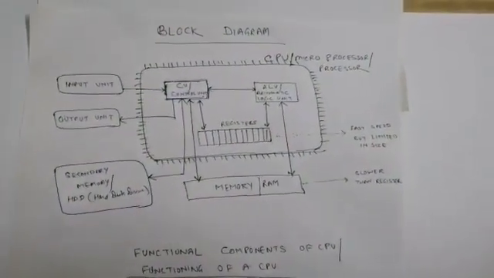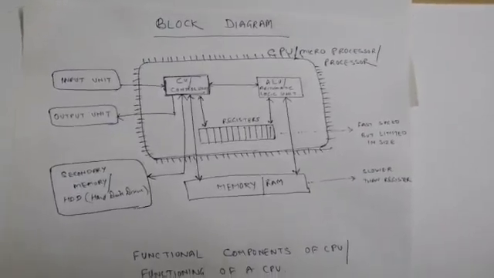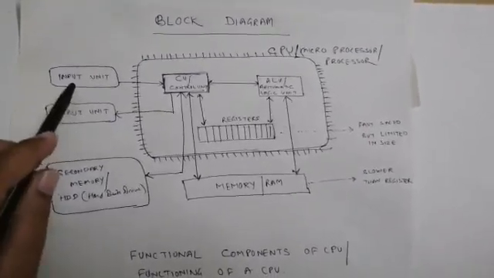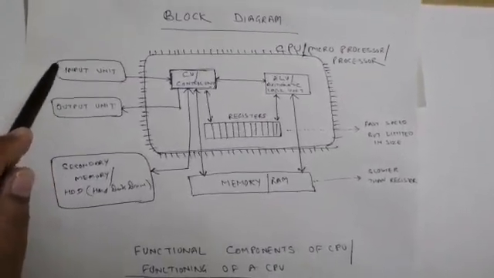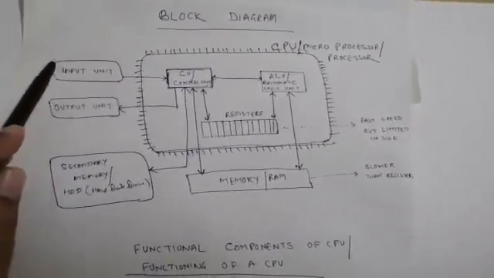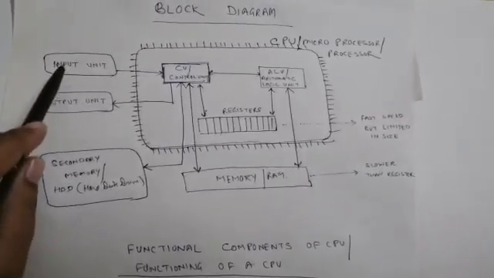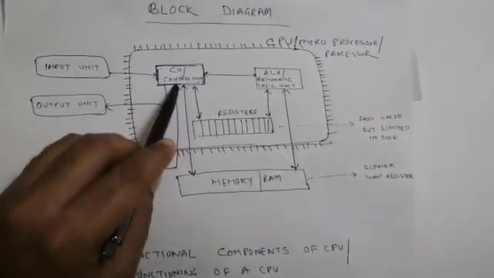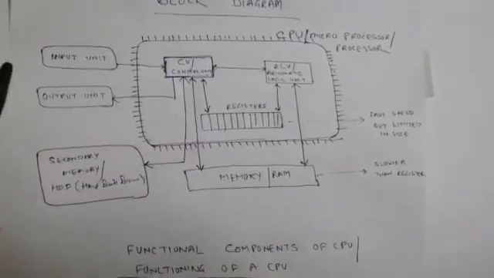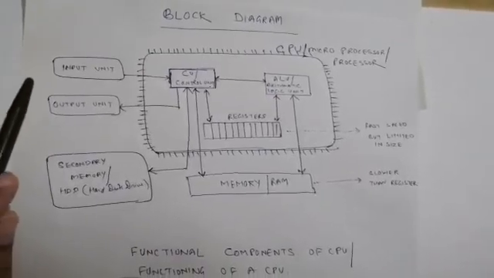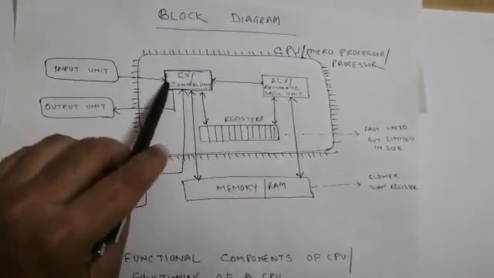Now, when we feed the data into the computer through the input unit, it can be keyboard, mouse, scanner, or any other input unit. When we feed the data from the input unit, it goes to the CU first. See the arrow. The arrow is playing a very important role in this figure, right? So when we feed the data, it goes to the control unit,